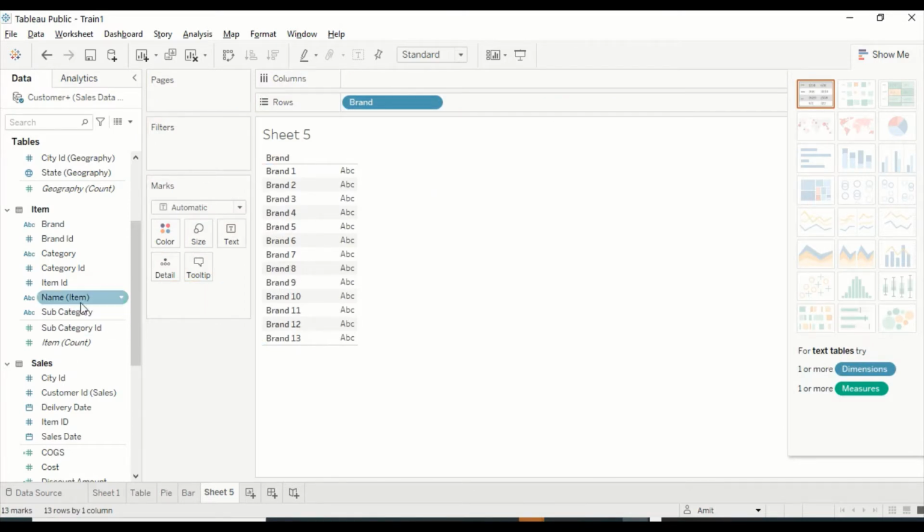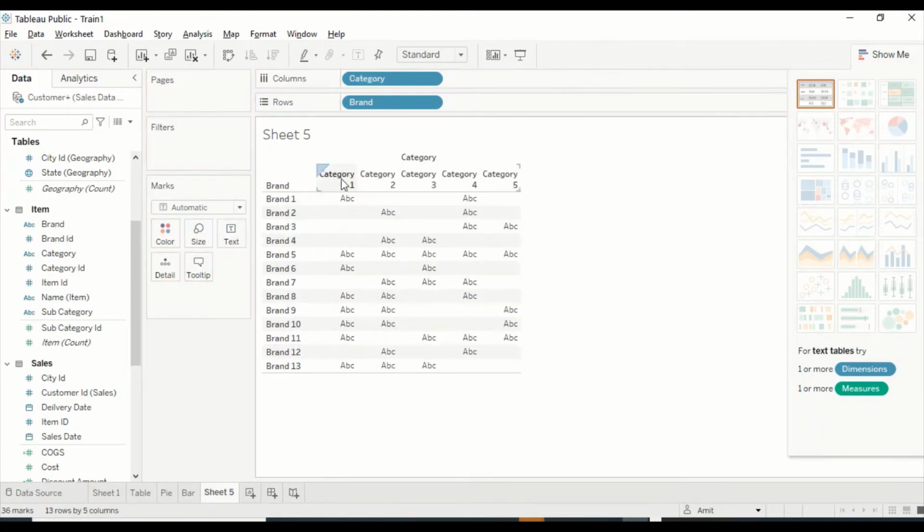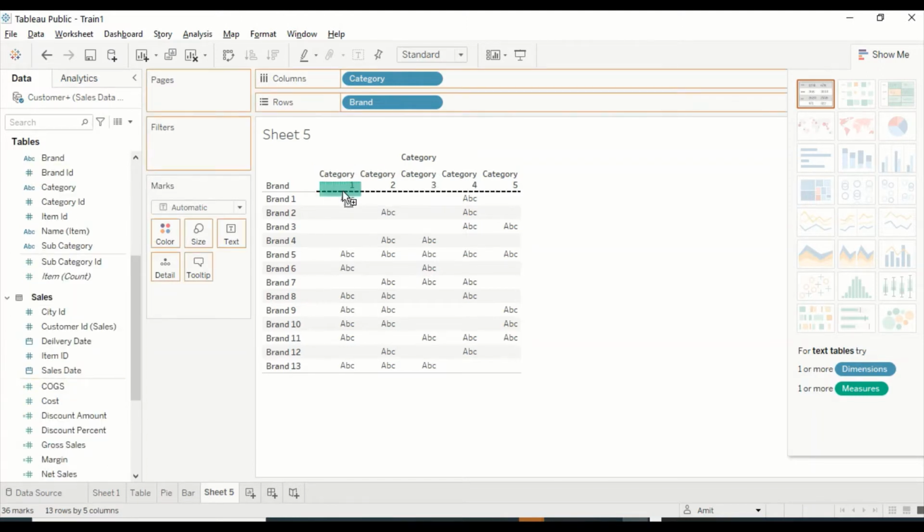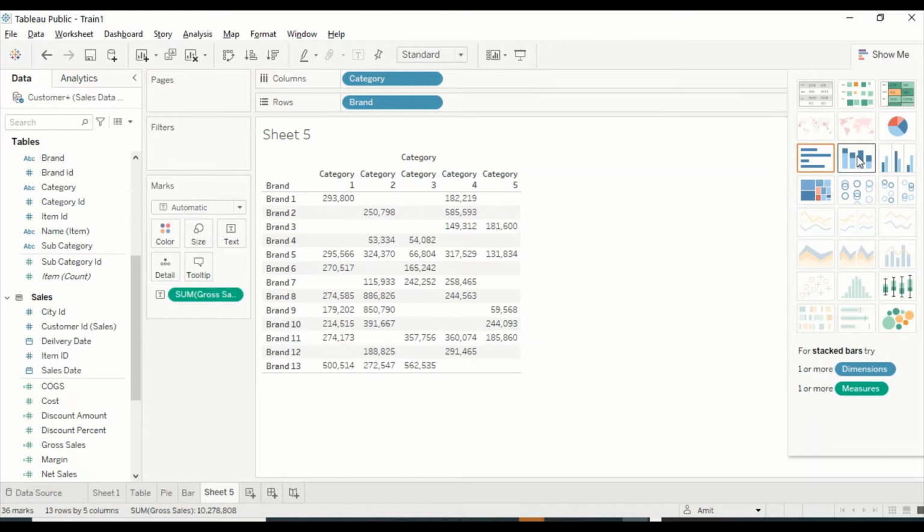For a stacked visual, we will require at least two dimensions. So let's go ahead and add one more. Okay, let's add it right now. If this doesn't work out, we can always go ahead and redo it. Okay, and let's draw the COGS values here. Now it is showing us a stacked visual.